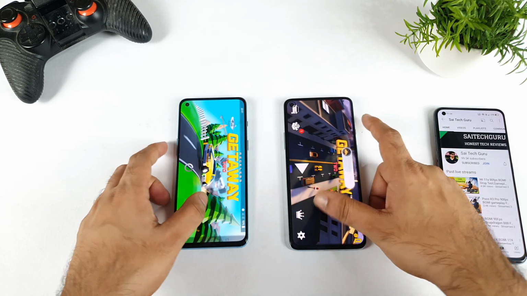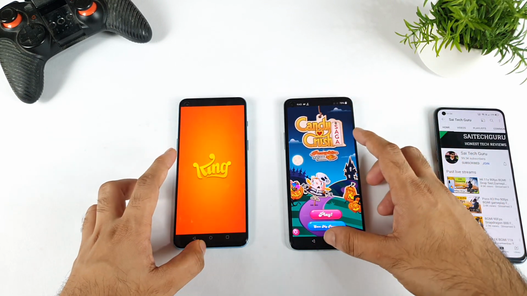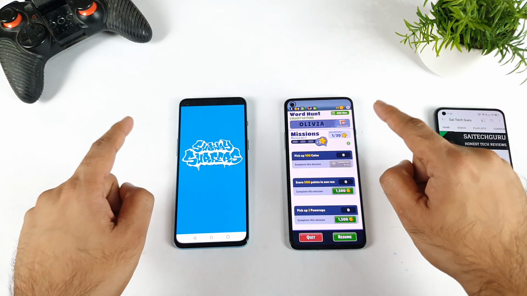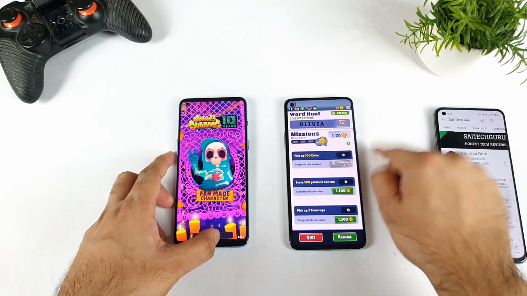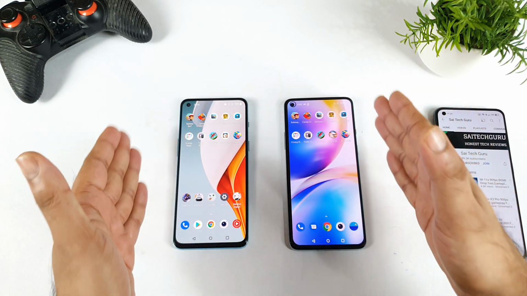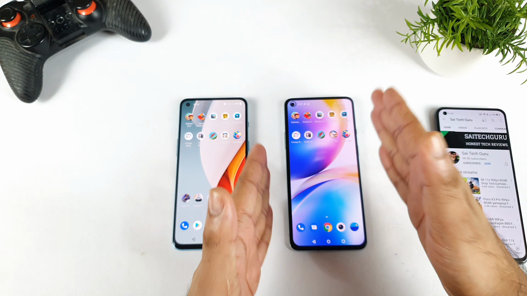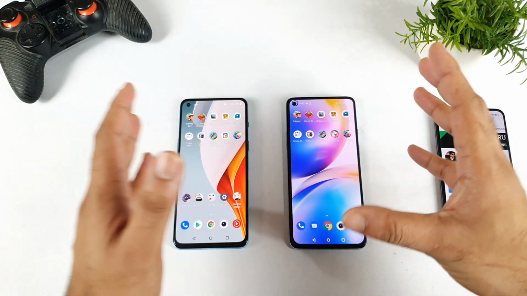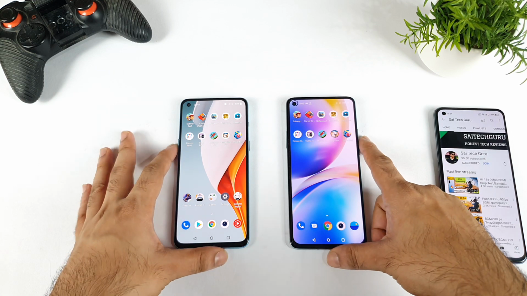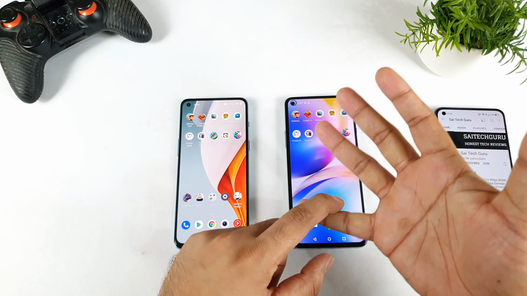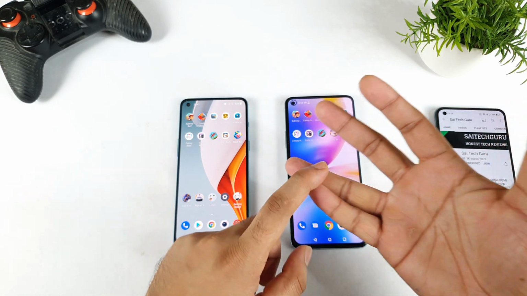This game is also open in the OnePlus 8T, Candy Crush is also open in the OnePlus 8T, and the final game, which is Subway Surfers, is also open in the OnePlus 8T. So this is the power of the Oxygen UI, friends. That's the reason why most people are willing to buy OnePlus phones, because of the Oxygen UI. But right now, unfortunately, we don't have that kind of option left for these users. So it's a quick winner: the OnePlus 8T was able to open faster and was able to keep them in the background.